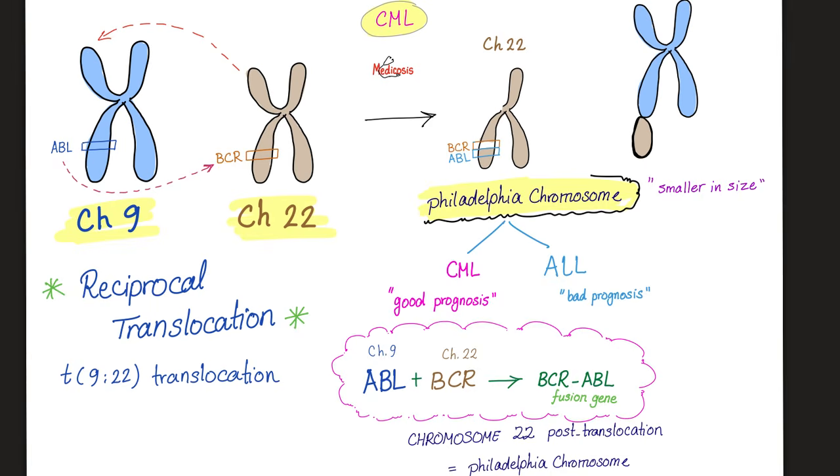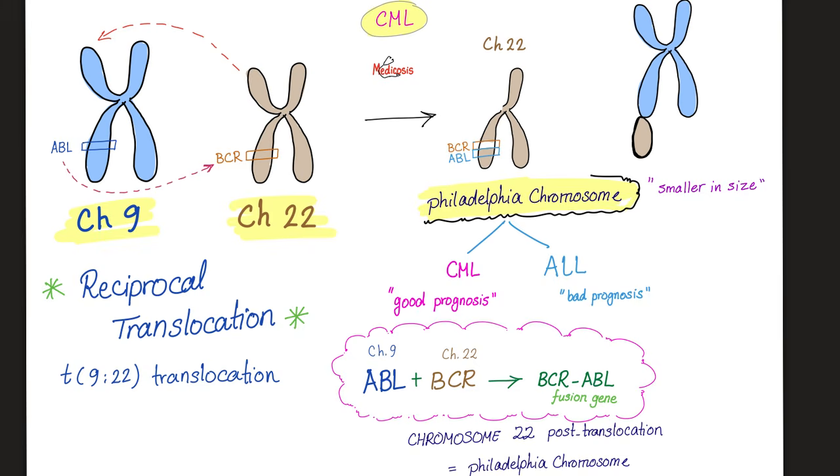There is another disease called CML, chronic myeloid leukemia. It's one of the leukemias. It's cancer of the bone marrow. Here's chromosome 9 and here's chromosome 22. They will exchange. You scratch my back, I scratch yours. Chromosome 22 took a piece from the blue, which is 9, and chromosome 9 took a piece from chromosome 22.